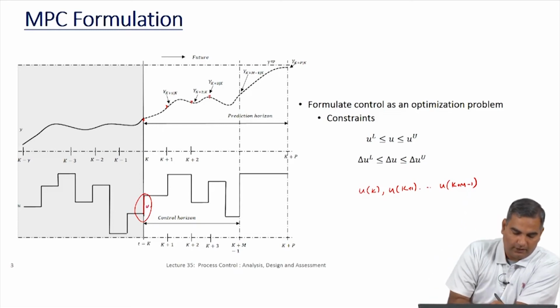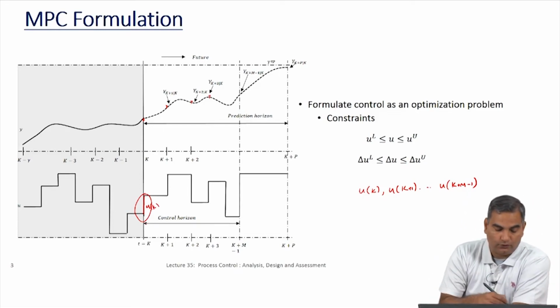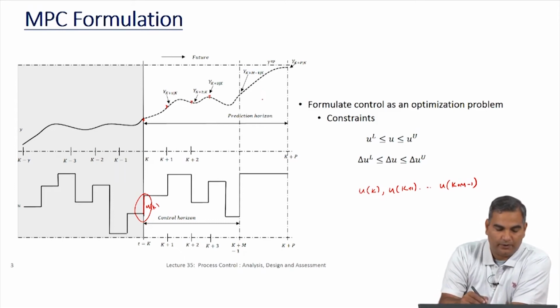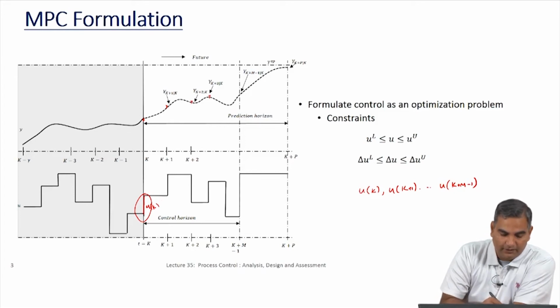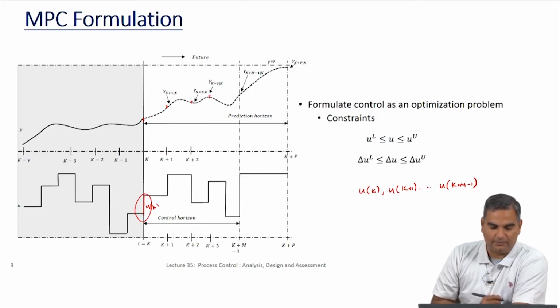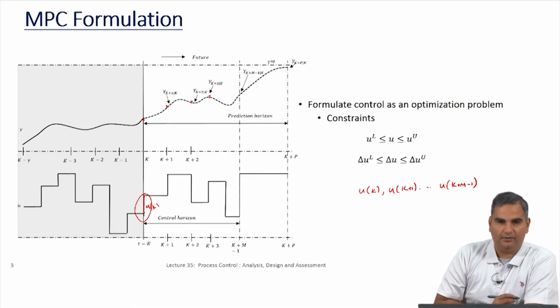So, this is u k value which is as yet unknown. We do not know what this value is. Only when we know this value will we be able to predict. That is how we are going to connect these values to the predictions through a model, which we will see later. As of now, if you just think about these as variables, u k is a variable for which I need to find a value, u k plus 1 is a variable for which I need to find a value,